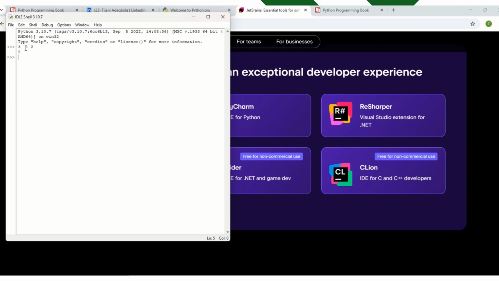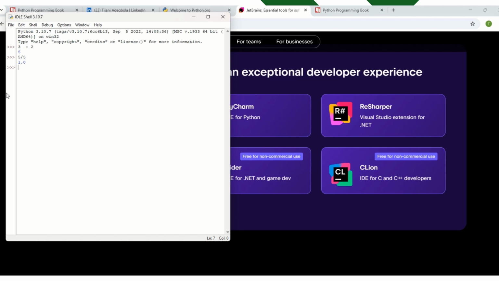Or let's say 5 divided by 5, enter. That's 1.0. So you can test your code line by line using the IDLE, which is called the Integrated Development Learning Environment. We're going to have a separate class on this one where we're going to learn how to use the IDE. This is just the tip of an iceberg.